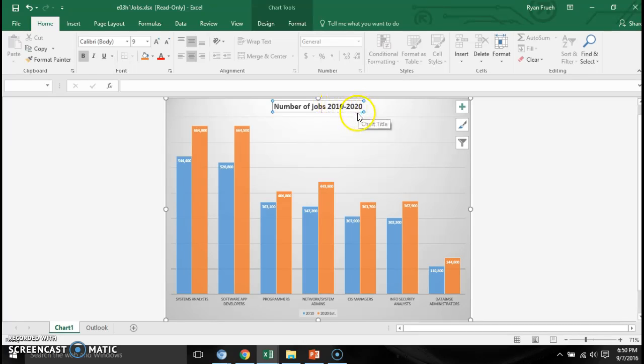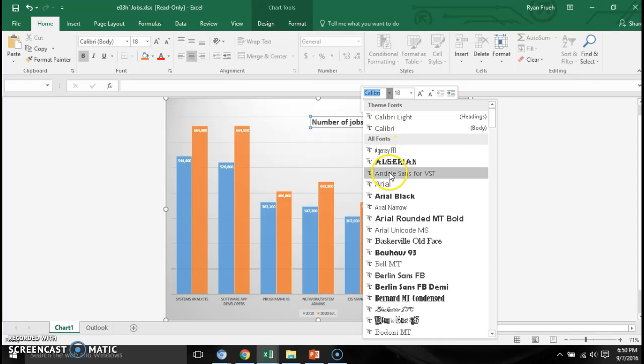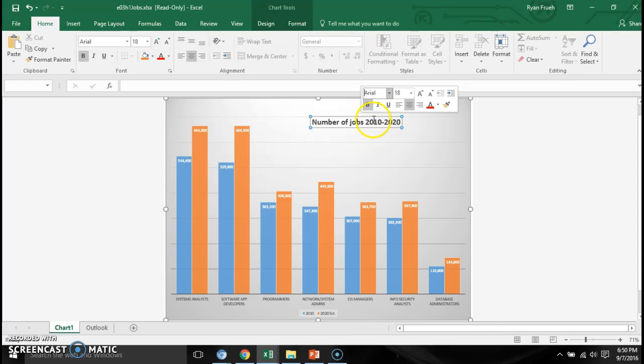Selecting the title itself, you can move it over, down, and position it however you want your chart title to look. One of the other things you can do as well, you notice when I double click on it, it brings up this dialog box where you can change the actual text, the font size. You can change the color,